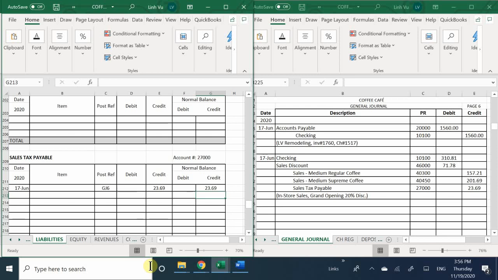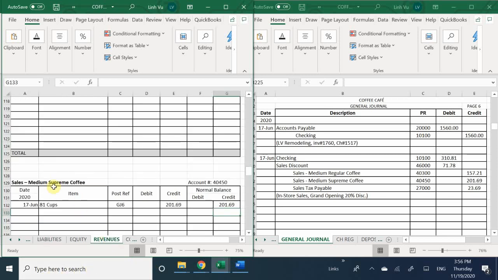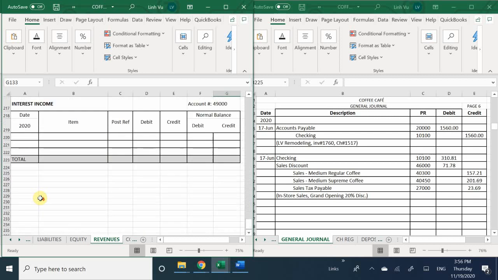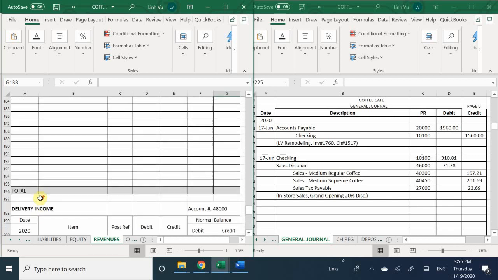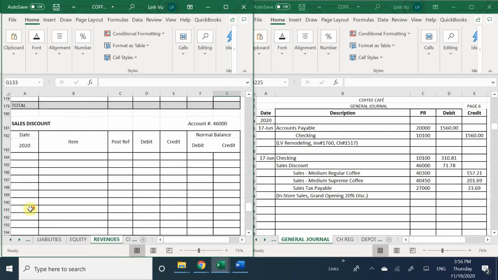Okay, so we still have to go back to the revenue, because we still have to do the discount, right? Yes. Okay. And that is 46,000. Okay,